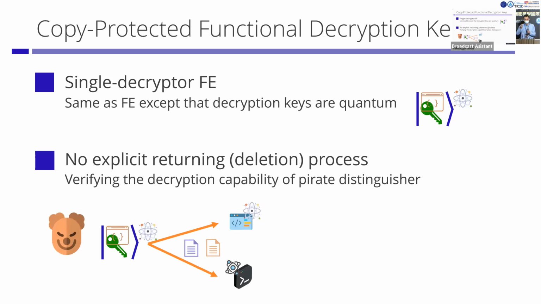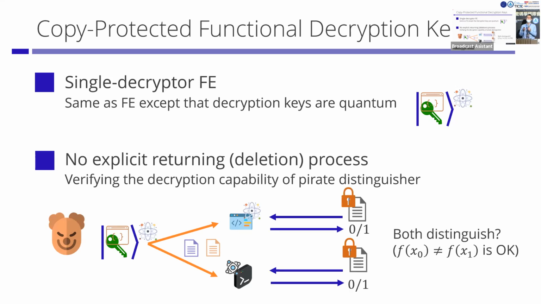In the security game of single decryptor FE, the adversary is given a functional decryption key for function f and outputs two possibly entangled pirate decryption programs and a pair of plaintexts x0 and x1. Then we test these pirate decryption programs by sending a challenge ciphertext to each decryption program. The adversary outputs x0, x1 such that f of x0 is not equal to f of x1. If these two programs cannot both distinguish the challenge ciphertext, then we succeeded in